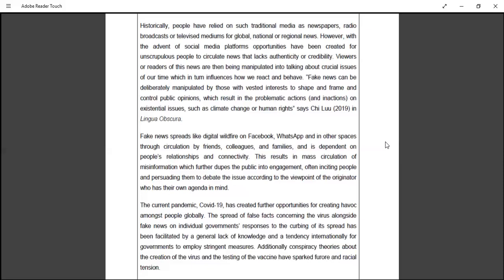Additionally, conspiracy theories about um, the creation of the virus and the testing of the vaccine have sparked furrow and